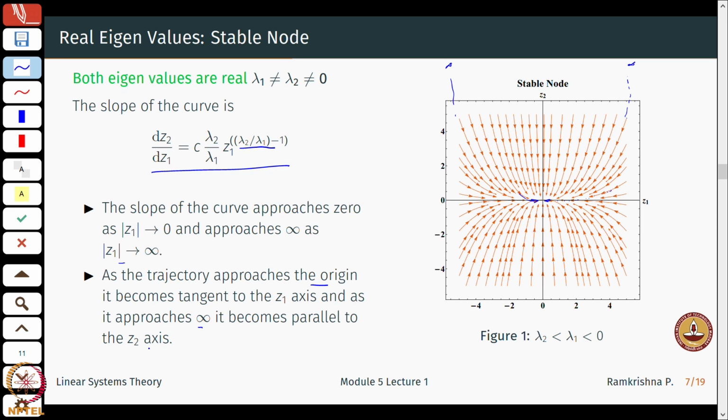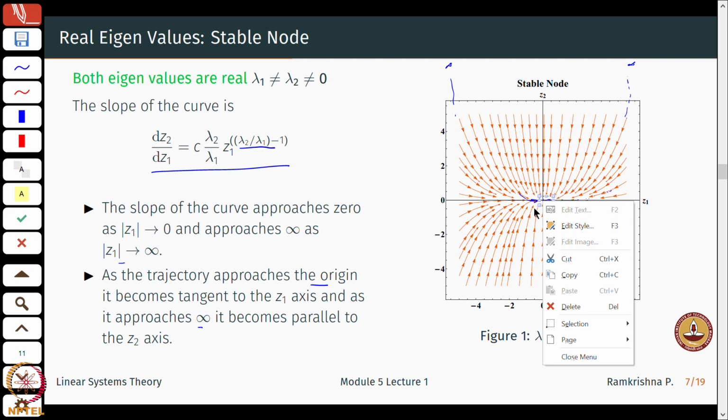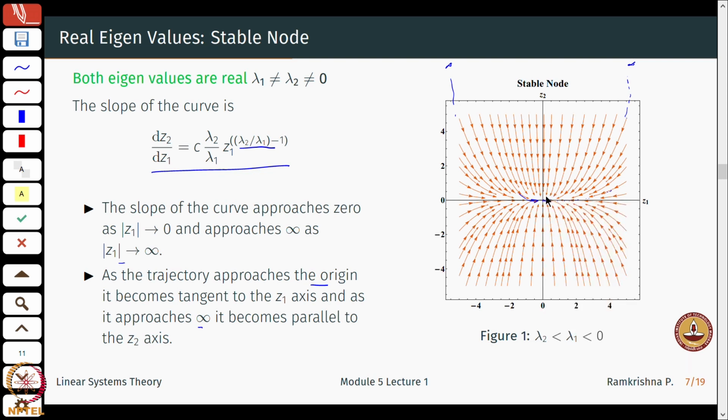If I am talking about stable, I am looking at an underdamped situation, an overdamped situation, critically damped, and so on. Okay, so this is nice here. I just see that all the trajectories are converging to the origin. It means that if I am at the origin, I will always be at the origin. But if I am slightly perturbed, say I end up at this point here, then I will slowly come back to the origin.